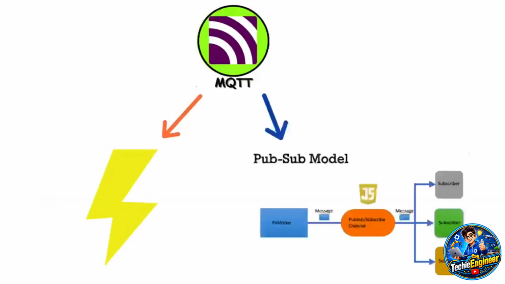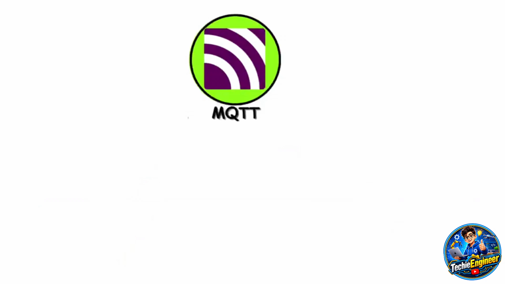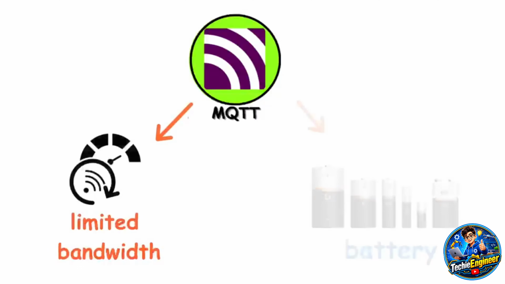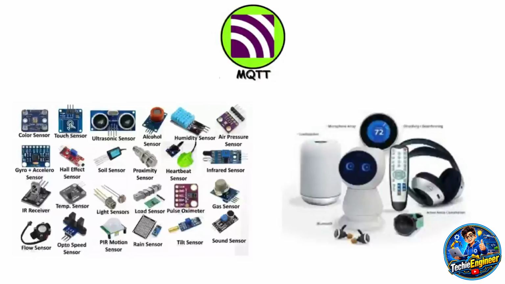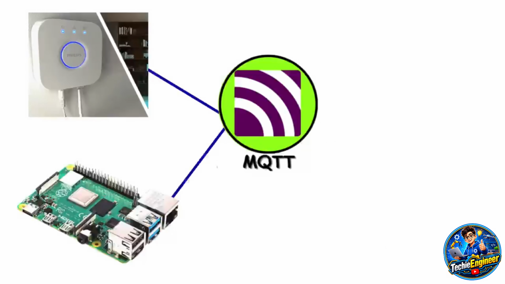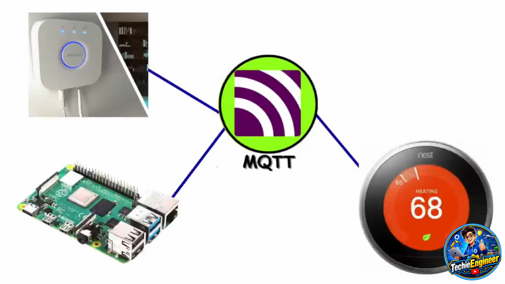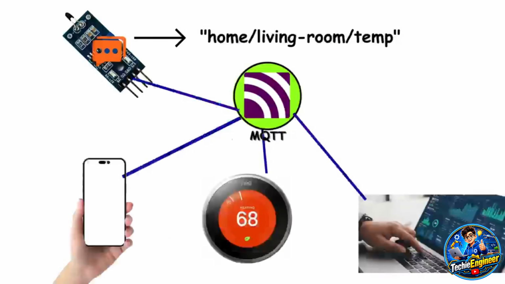It's a lightweight pub-sub messaging protocol designed for devices with limited bandwidth or battery, like sensors and IoT gadgets. Think of MQTT like a radio station. Devices subscribe to channels or topics, and whenever someone publishes to that topic, all subscribers receive the message. For example, a temperature sensor publishes to home/living room/temp, and your thermostat, your phone app, and your dashboard all get